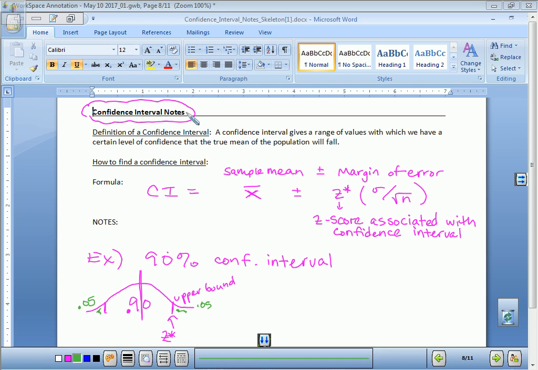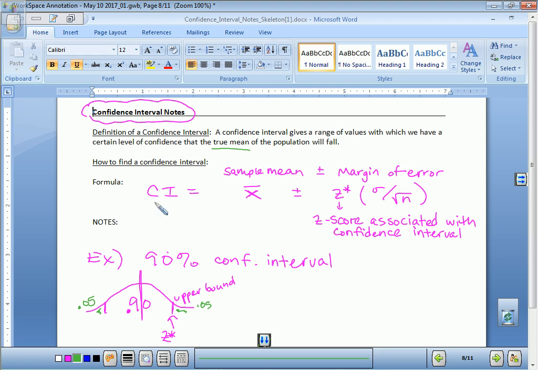Today we're looking at confidence intervals. So we define a confidence interval. That gives us the range of values where we have a certain level of confidence that the true mean of the population will fall. Generally when we have a sample, we don't have the true mean of the population, but we can use that information to come up with a confidence level that the true mean of the entire